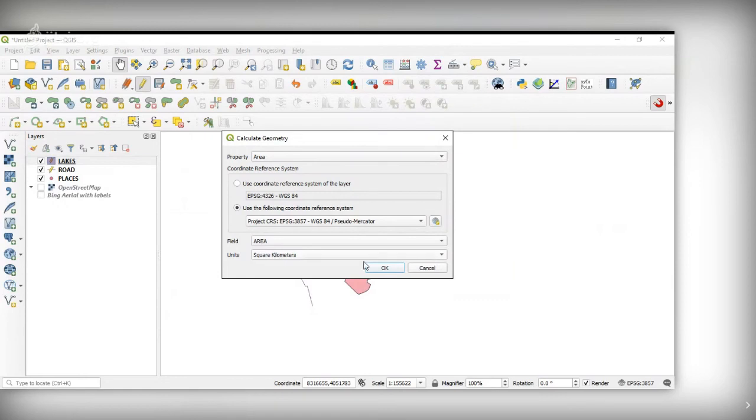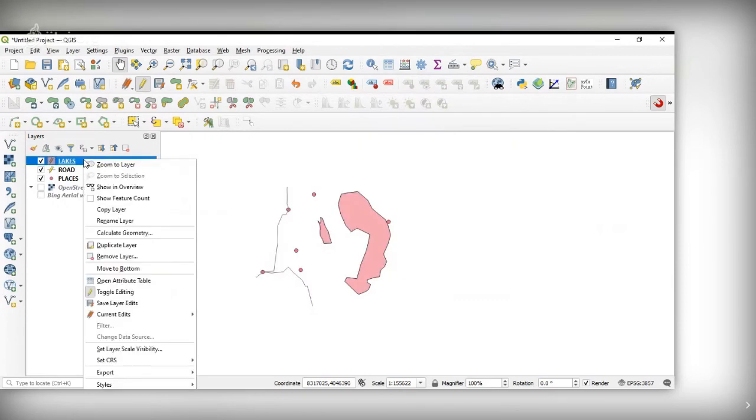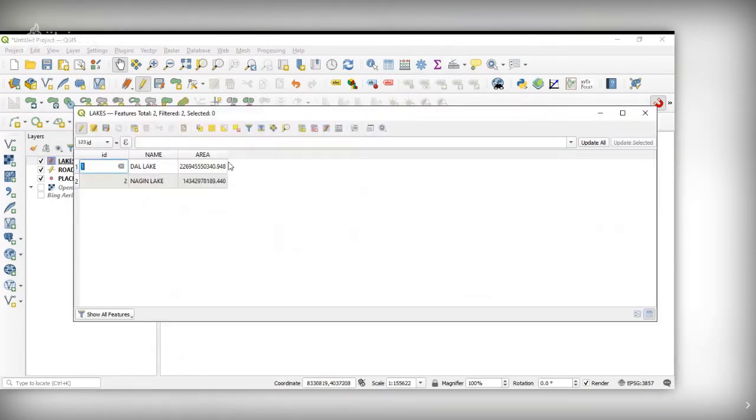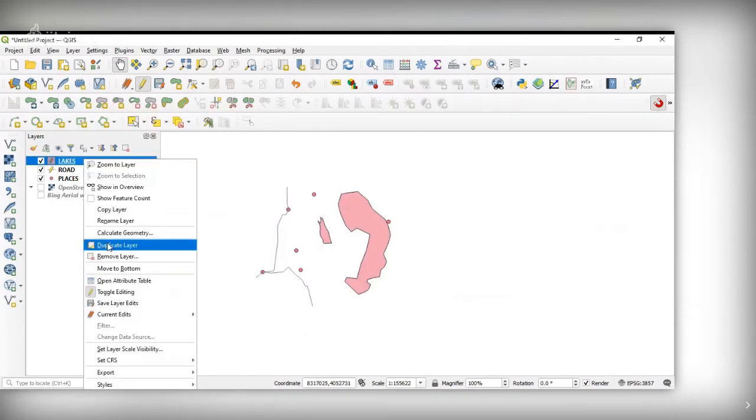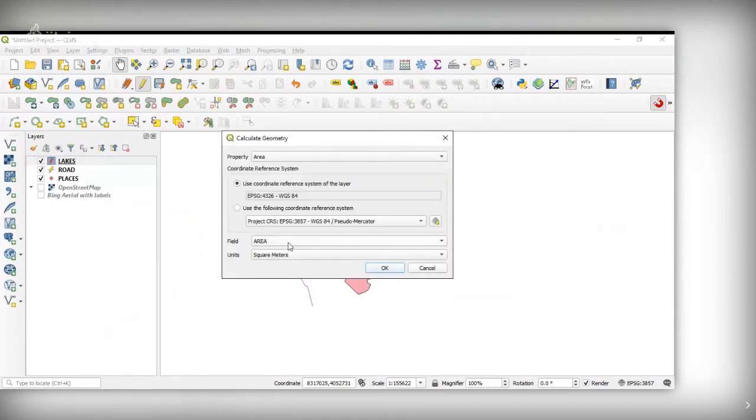Whichever units you are comfortable with, you can take that and say okay. Now see, the area is calculated in terms of meters. Okay, now I will calculate in terms of square kilometers. So yeah, calculate geometry, same thing, square kilometers, and say okay.